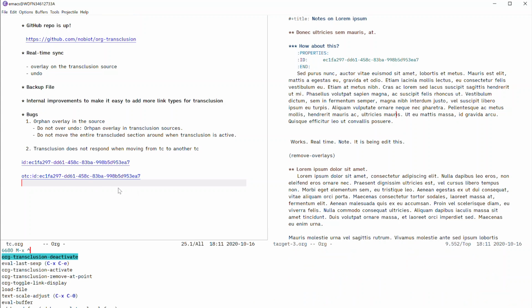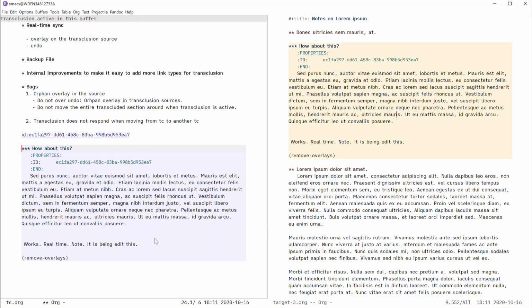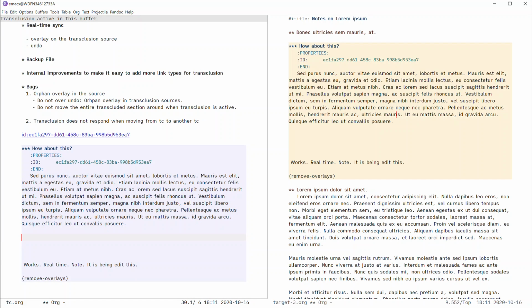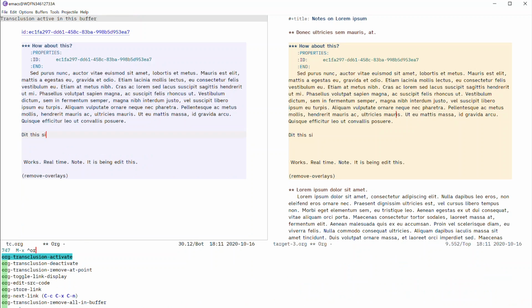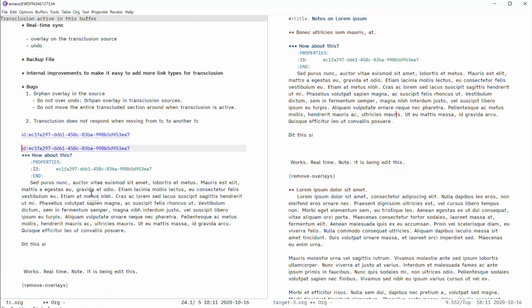I understand this is a problem, but that's how it works at the moment. Another thing I want to show you is, let me just activate, once you are happy syncing these two, but at some point you might want to actually separate this sort of pairing. In that case, you can invoke transclusion detach at point, and then this will safely detach the transclusion copy. And then, as you can see, the original link is put back on without the